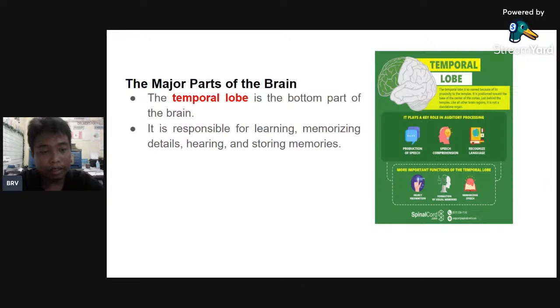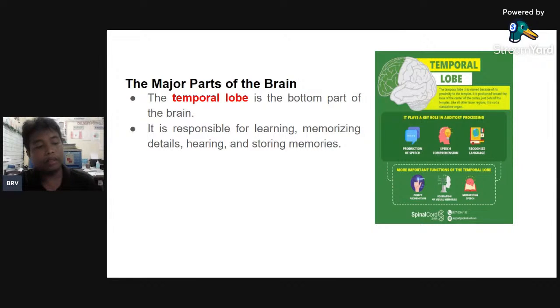It's about memorizing, no. So most of you here are naga-memorize, no? So memorizing, it's very important for us to recognize things and to recalling and reviewing, no? And then isa sa trabaho sa temporal lobe, no? So hearing, no? So ihapon ang pag-hear, pagpaminaw aron